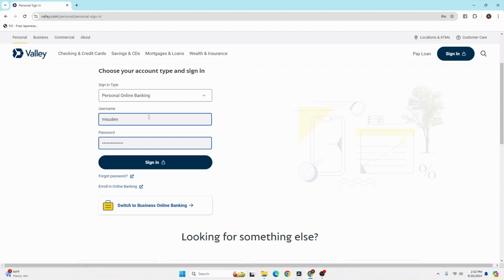But if you have forgotten your password guys, you can always reset it from over here where it says forgot password. If you click on that button, you'll be taken to a procedure where you will be able to reset